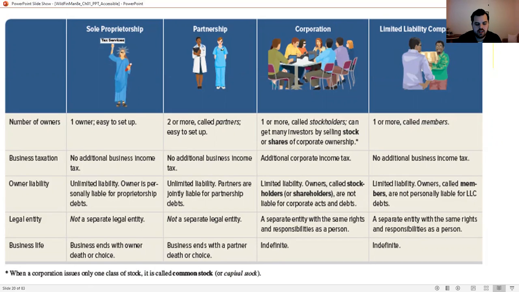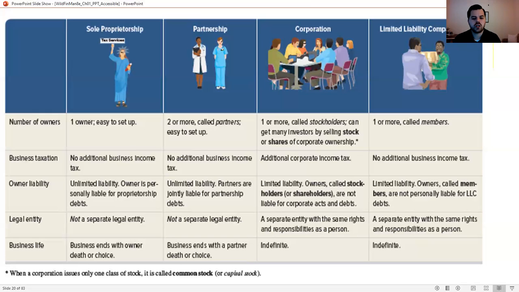The bad side of this, there is owner liability that is what we call unlimited. So because this is unlimited, this means that you and the organization are essentially the same thing. If your company goes bankrupt, guess what? They can come after your personal car, your personal assets. You as an individual are up for grabs essentially because there is no legal entity differentiating you from the business. So sole proprietorship, very easy to set up, no additional business income tax, but incredibly risky because if your company goes under, you are on the hook.